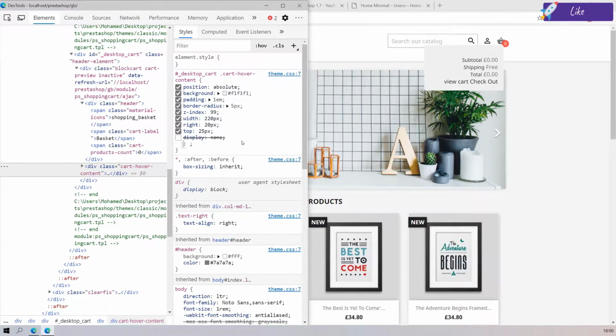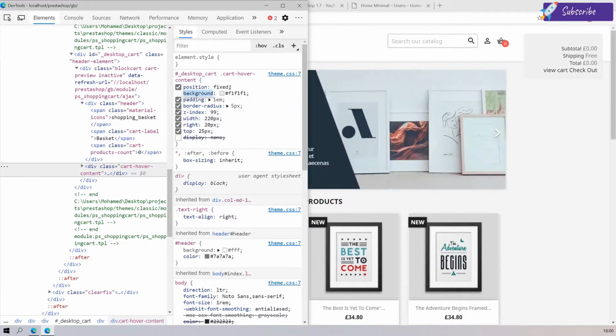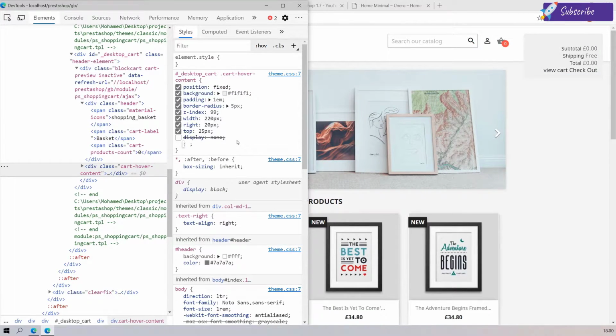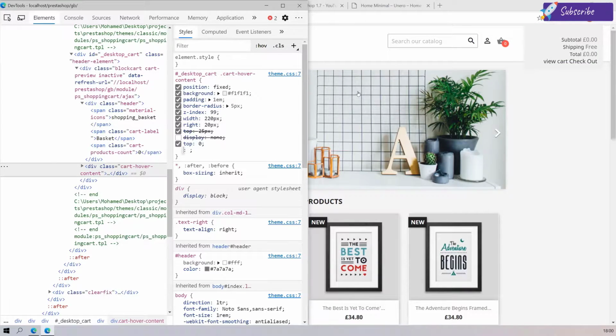Okay, now I would like to do the following. Instead of absolute as a position, I will do fixed, right? That will change the logic of our work. So top 0, well, that didn't work, top. Okay, that will stick it to the top of the